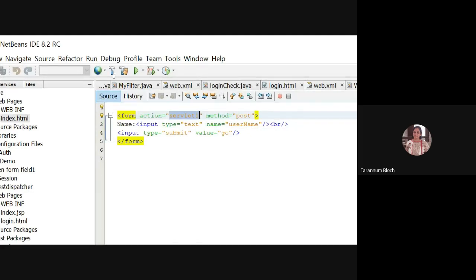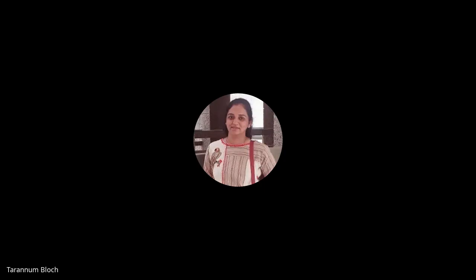Servlet 1 is my first servlet. Fine. We have doPost method, request and response object. We are doing try catch, response.setContentType text/html, PrintWriter out = response.getWriter. And now in a local variable string n, we are reading the text box. We say request.getParameter, text box name, which is username, and we give a welcome message, out.println welcome plus n. Now this program is running at the server side, and now we are creating a cookie.